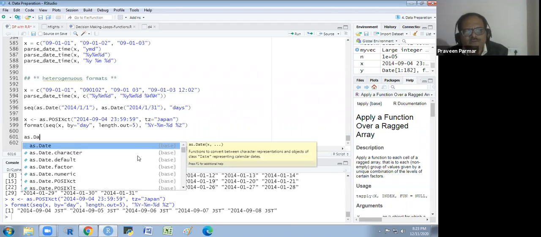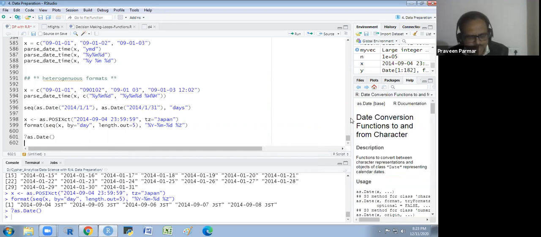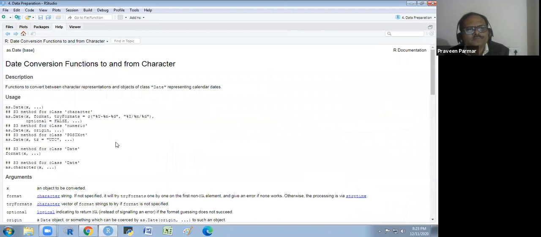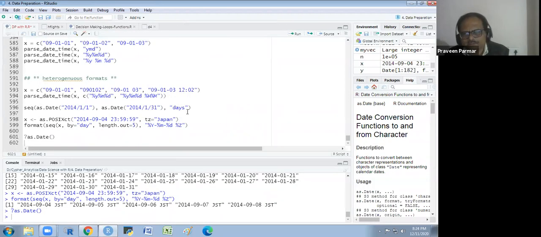It is the R base function. as.Date is a... and a time zone we could put also. No problem, we could put the time zone. So you could see in the syntax and find out how we could do that.